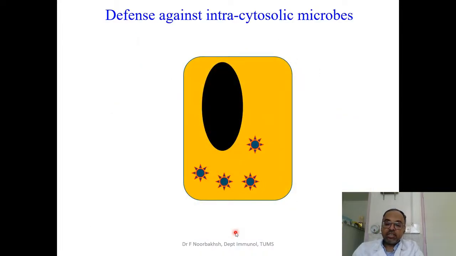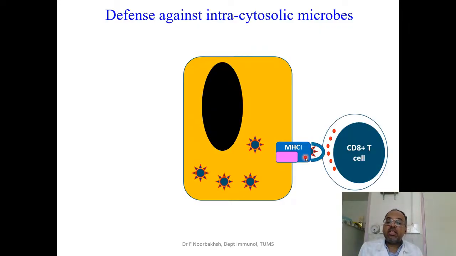The second step of defense is that when you have something inside cytoplasm, its antigens will be loaded at the surface of MHC class 1. So this is different from the previous situation. If it's something inside phagosomes, the antigens will be loaded at the surface of MHC class 2, in the case of phagocytosed antigens. But if it's inside the cytoplasm, they will be loaded at the surface of MHC class 1. And here CD8 T cells would come. And CD8 T cells, they're also called cytotoxic T cells or cytolytic T cells because they kill other cells that are infected with things like viruses.